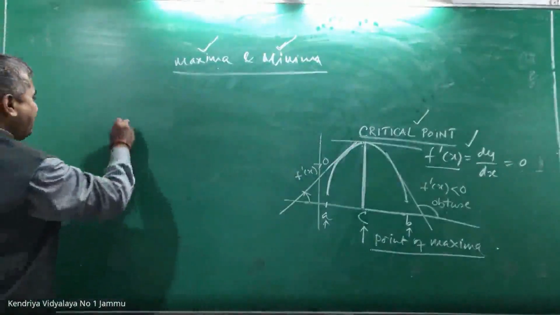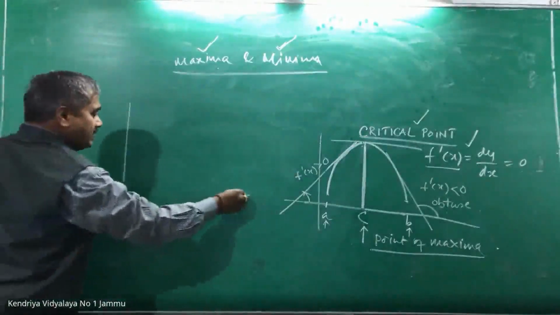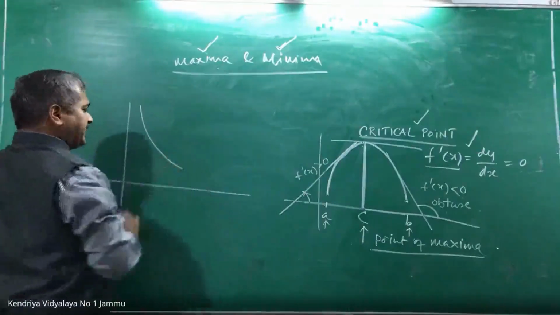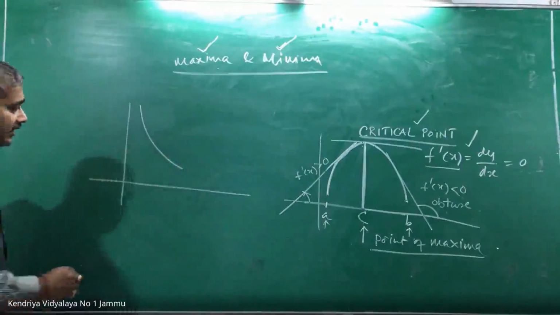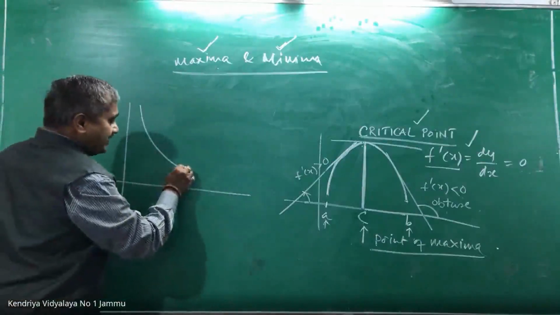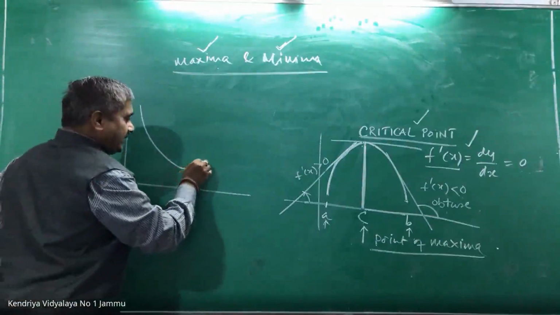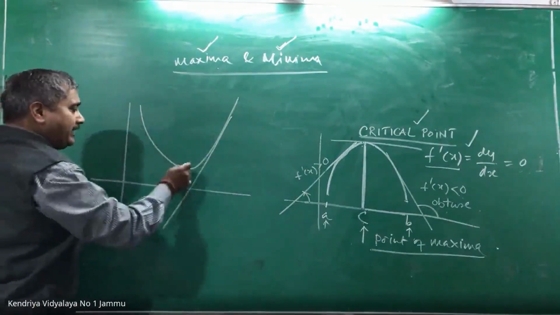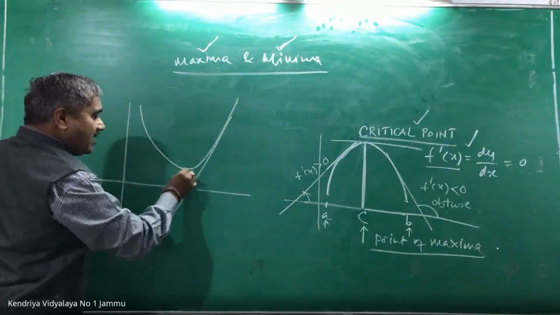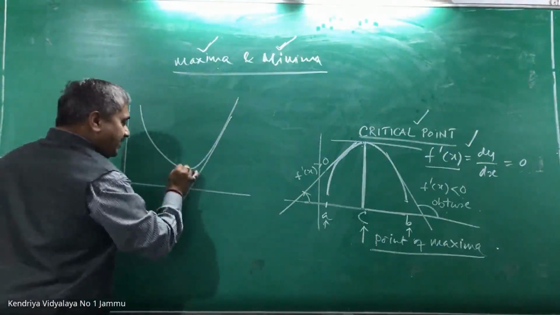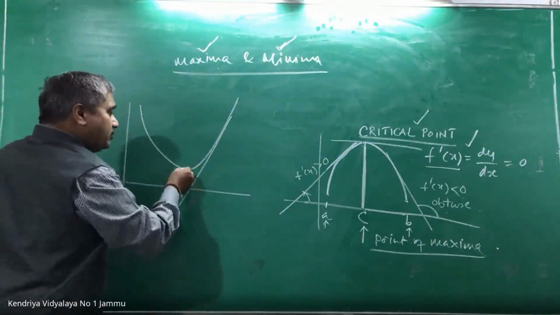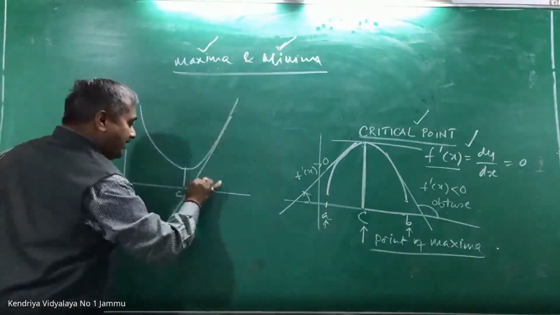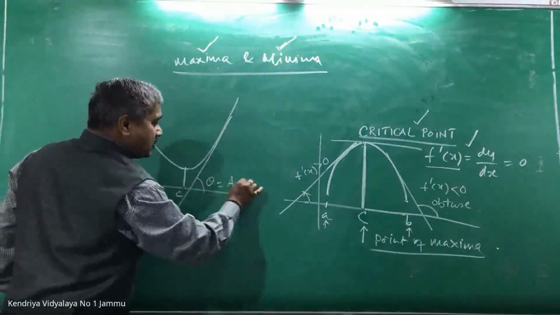Suppose you have a curve, it is like this. It is decreasing, and all of a sudden you find a turn. So here, when you draw the tangent at any point after the point C, where the curve is taking a turn, on the right side, the tangent makes an acute angle. It is an acute angle.